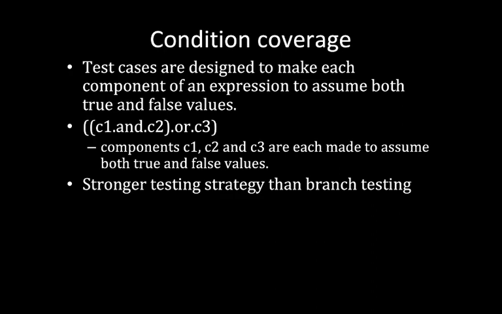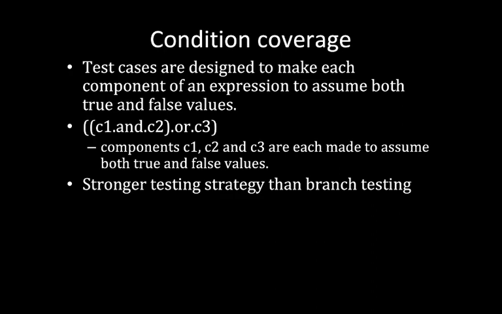But in the case of the previous branch coverage, what we have to give is we have to assume true and false values. For that we have to give only two test cases, because if we give C1 as false and C3 as true, then automatically the first branch coverage true condition will be there, the result will be true. Then we give the same here, false and C3 as false, then automatically that false condition will also happen. So both the branch coverage will be done using two values alone.